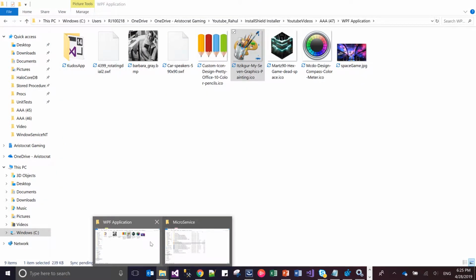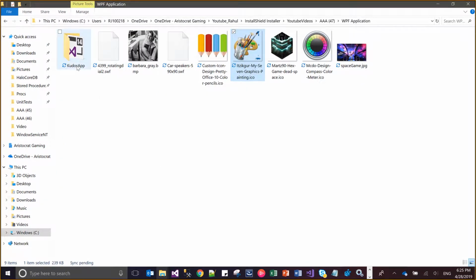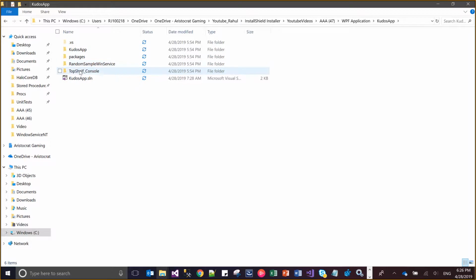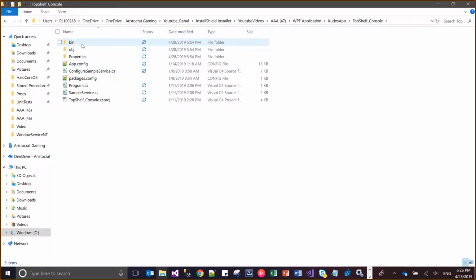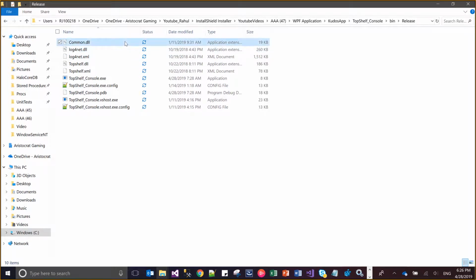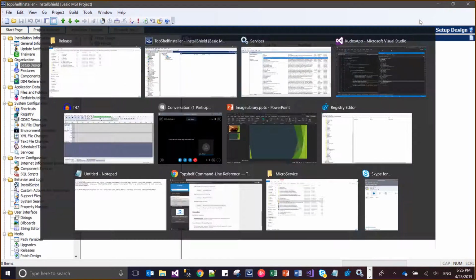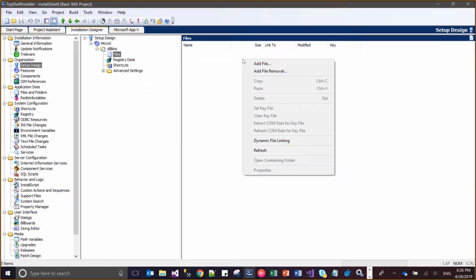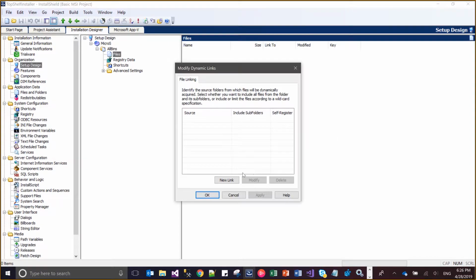So let me come to this point first. I have a project in it which is Topshelf console. In the win release, we need to include 1, 2 and 3 DLL, and these exe config and this exe. So how will I be doing it? I will be just referring this folder path first. I will be adding a dynamic linking, new link,